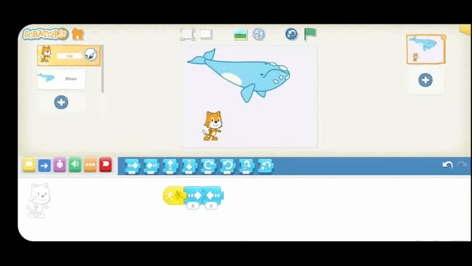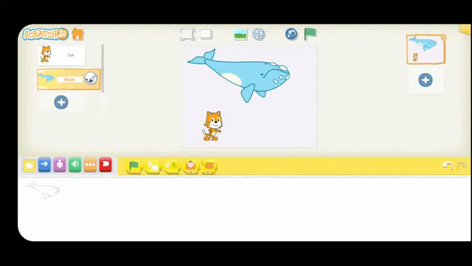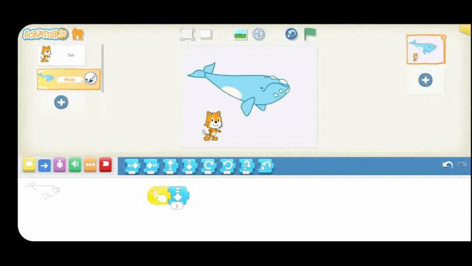Understood? Then we add script on the whale sprite. What can we add? We add start on tap whale. Okay. Then we will add move down. Okay. We change the number.